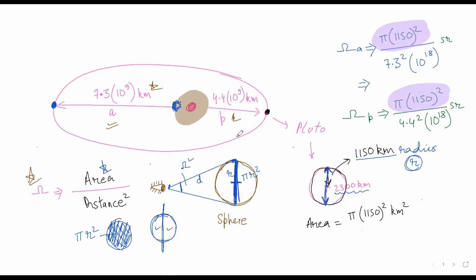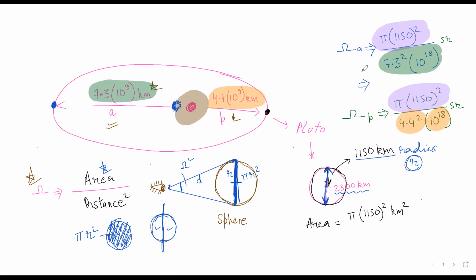Okay. Now d square, when it is farthest, this is the d that I have, square of this. So 7.3 into 10 raised to power 9 km square. So I have written this as 7.3 square into 10 raised to power 18. And when I look at the shortest distance, it is 4.4 into 10 raised to power 9. So 4.4 square into 10 raised to power 18 km square. Are we clear, Avantika? Yeah, sir.